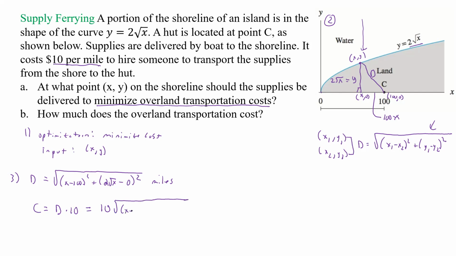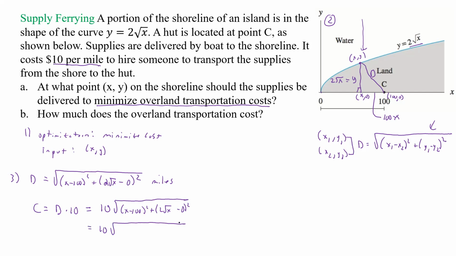And so that's going to be (x - 100)² + (2√x − 0)², or if we just drop that, that's just going to be that squared. So we can do that and simplify it. But we start there, and so now what we can say is, if we simplify that even more, that's 10 times the square root of